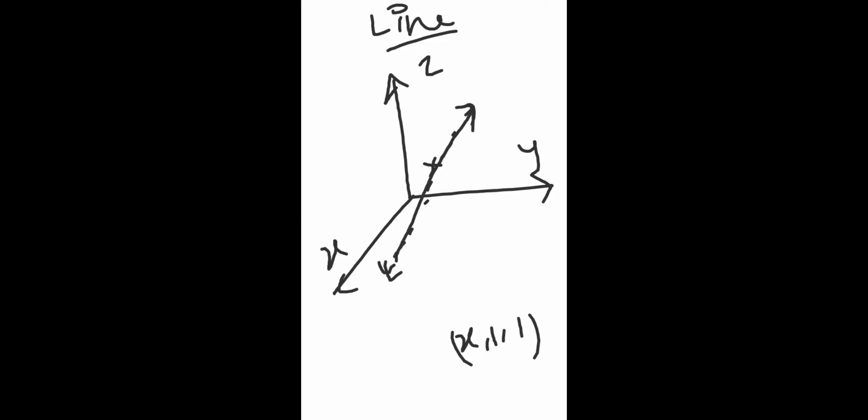Once you know the mathematics, only then can you calculate where the electric field will be based on that line. That's why we have discussed the coordinate system. Are you all convinced with this? X comma 1 comma 1, Y is 1, Z is 1. That means X can be anything. That is the idea of this equation. Like this they can give you any equation.